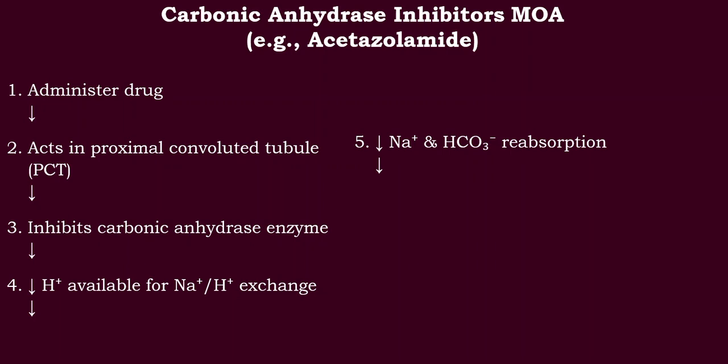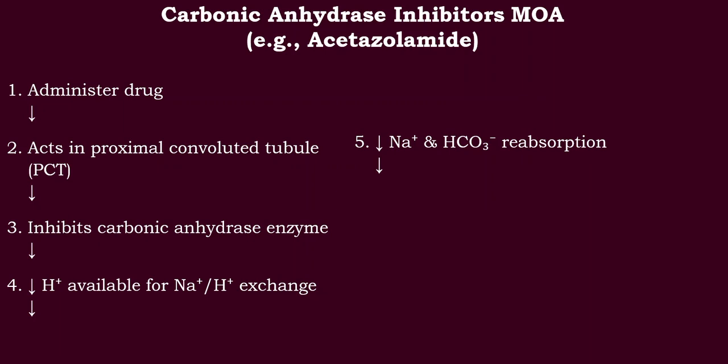But if you don't have enough H+ inside the cell to swap out, because carbonic anhydrase is blocked, the exchanger can't bring as much sodium in. Precisely, the exchange slows down. So less sodium, Na+, gets reabsorbed back into the body from the tubule fluid. And bicarbonate, HCO3-, reabsorption is linked to this too, so less bicarbonate gets reabsorbed as well. I see. So the drug makes us lose more sodium and bicarbonate into what will become urine,